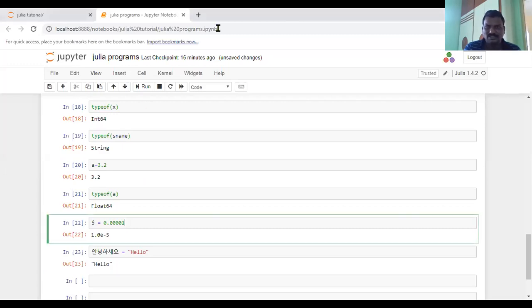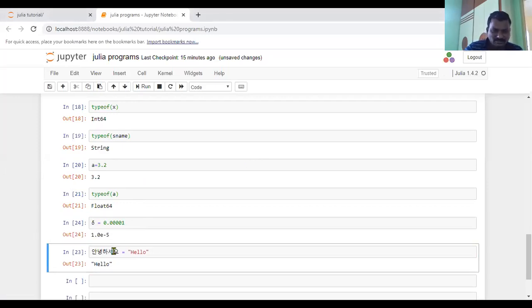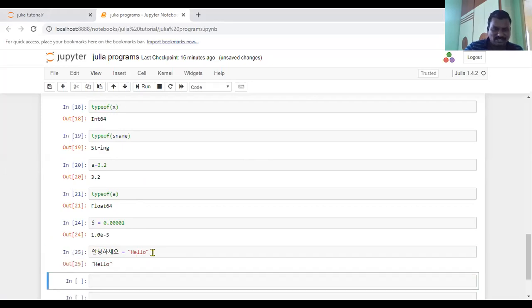If you execute this, you will see that you can use different languages, not only English, but Chinese or some other language also, when executing the code.